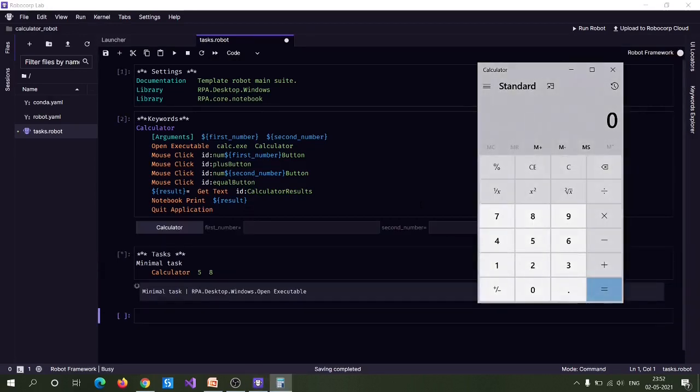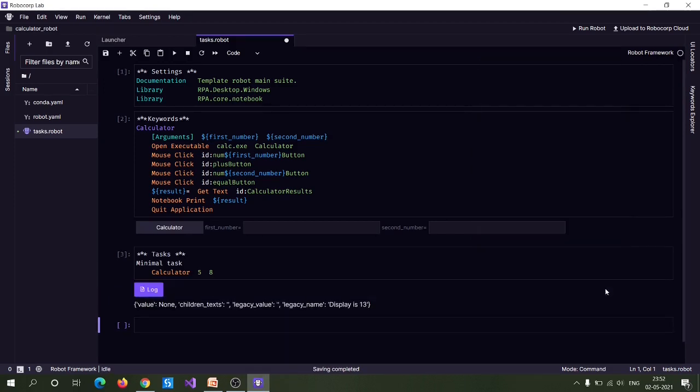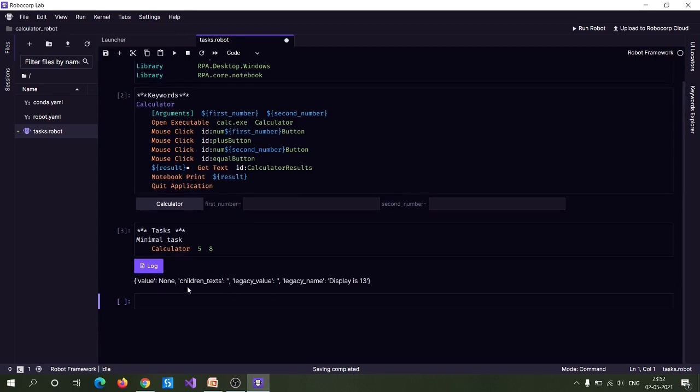You can see it is opening the calculator application, clicking 5 and 8, then getting the result back. You can see the result has been printed in the Robocorp console that we get from the get text keyword.